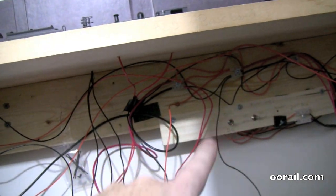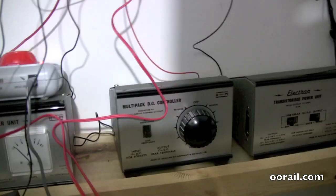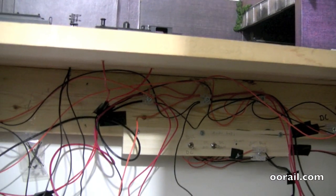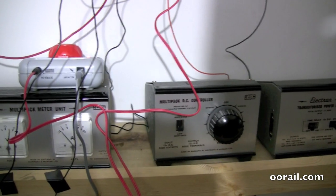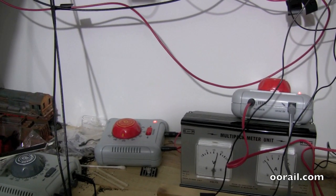And then there's a shared power controller that goes back into this, and that's basically just that one power. So each section's been wired like that, and it allows you to basically set the power, and it runs pretty smoothly. It does take a little bit of trial and error to get the speed to match, and you will notice that some locomotives move faster than the others. So for example,